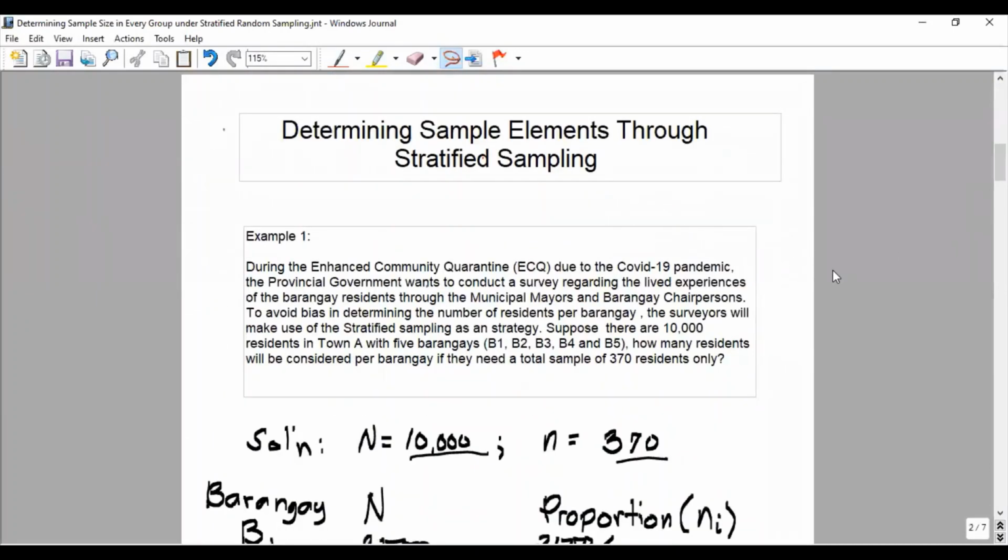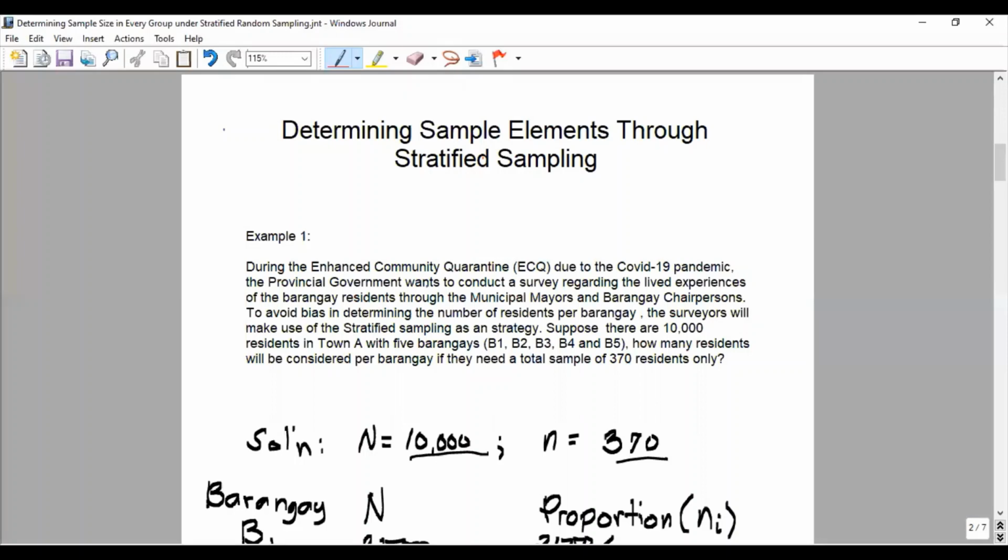Example, during the enhanced community quarantine due to the COVID-19 pandemic, the provincial government wants to conduct a survey regarding the life experiences of the barangay residents through the municipal mayors and barangay chairpersons. To avoid bias in determining the number of residents per barangay, the surveyors will make use of the stratified sampling